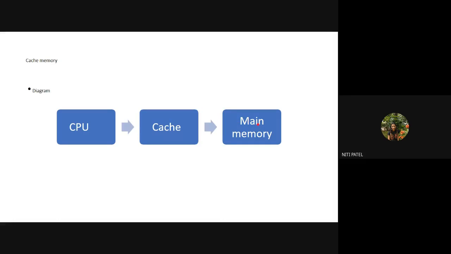What it will do is ask the main memory to load it from the secondary memory. So what will main memory do? Load that addition program from the secondary memory to the main memory. Again, what will the CPU do? It will try and search in the cache memory. Did it find that addition program in the cache memory? No. It will go and search in the main memory. Did it find it in the main memory? Yes, it is now there in the main memory because the main memory has loaded it from secondary into itself.